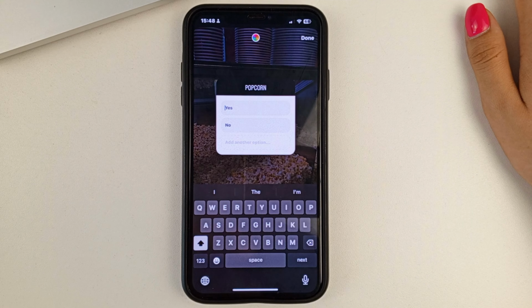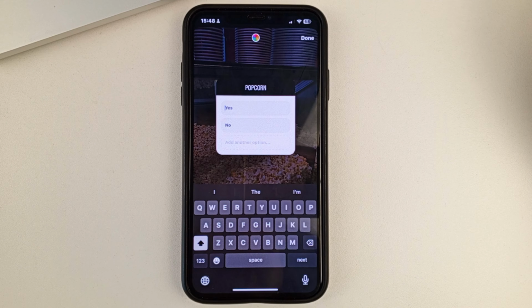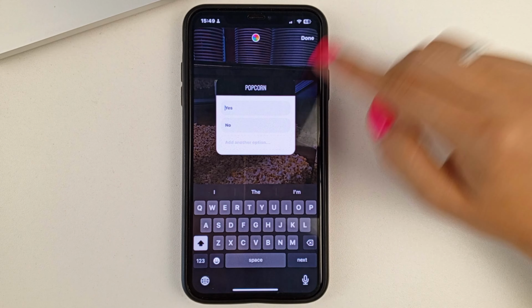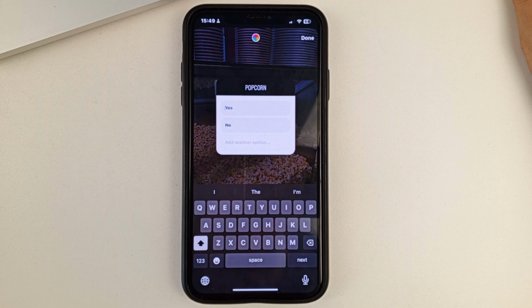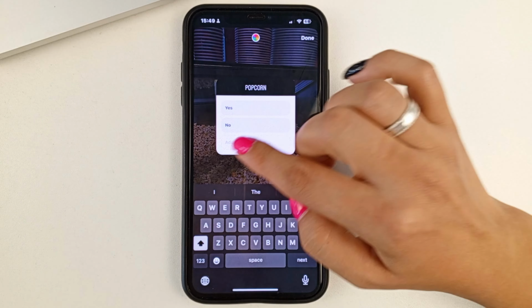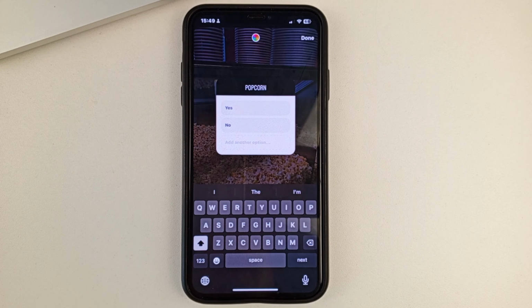Next, what can you do? You can offer your answer choices. Or, as you can see, there are two ready-made answer choices. It's yes or no. And at the bottom you can add, for example, I don't know. For example, if you create a question, do you like this sweater? Yes, no, and don't know, or some other options. I'm asking about the flavor on popcorn, for example.